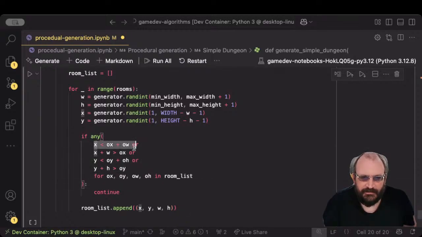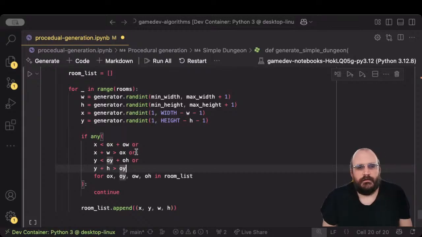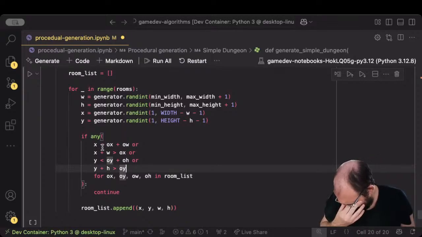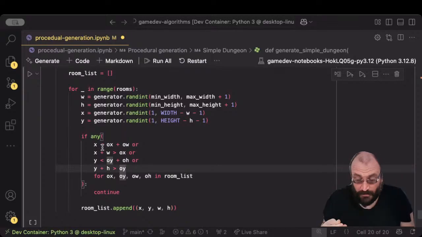So what we're checking is that the corners of one box, one rectangle, do not overlap another rectangle, and that's quite easy to do by just checking the